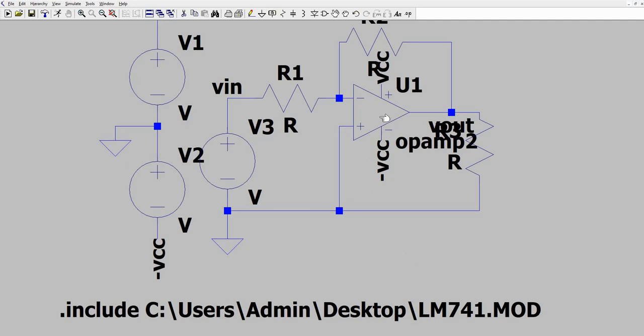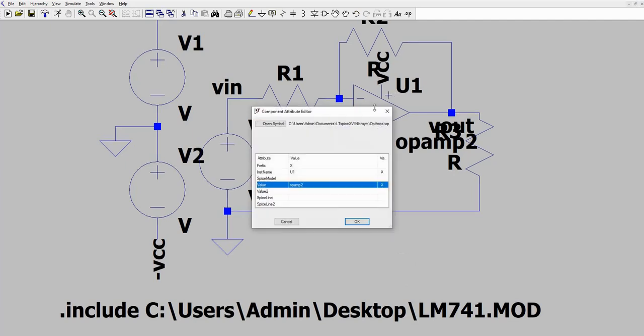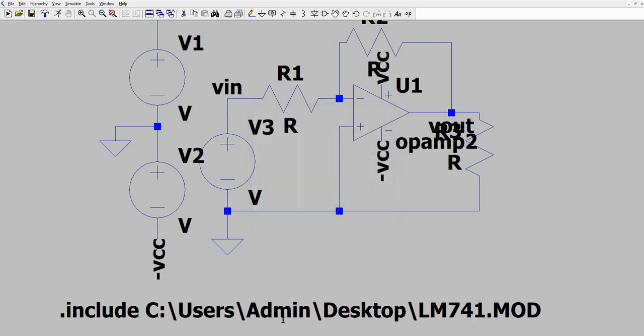So how are you going to do that? If you're going to left click or right click on the op-amp, you will notice that for the value you have op-amp 2, which was reflected in your op-amp. You need to change that based on your LM741 model.